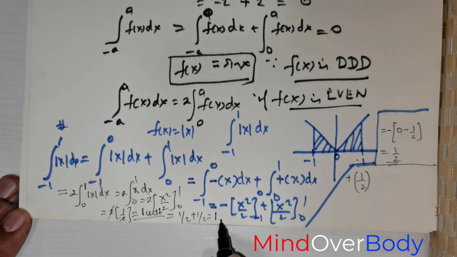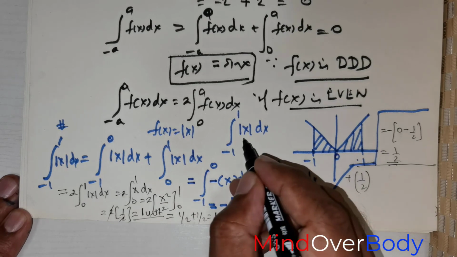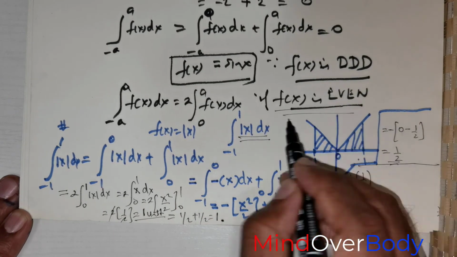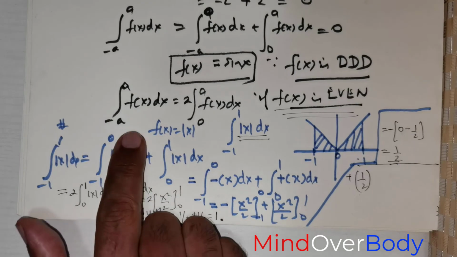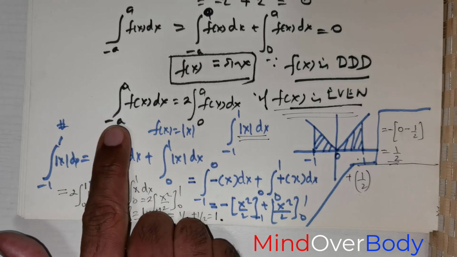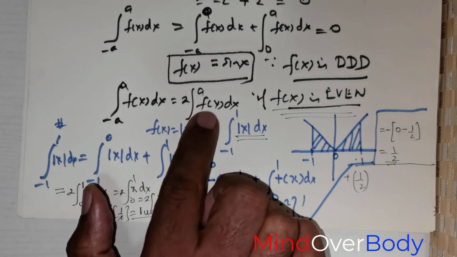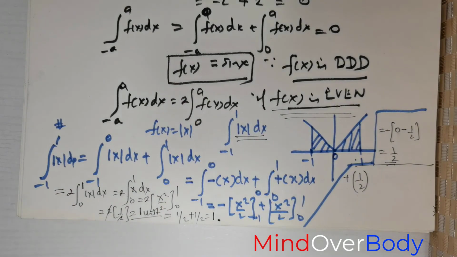And what did we get here? 1 unit. So clearly this is possible because of the fact that f of x is even. So that is the take home point. So we have seen 2 illustrations, and in the first case f of x is an odd function, in the second case f of x is an even function, and because of the function being odd, the outcome was giving us 0, and because of the function being even, the outcome is giving us 2 times integral 0 to a f of x dx, and we have clearly seen it with some good examples. So we'll move on to the next